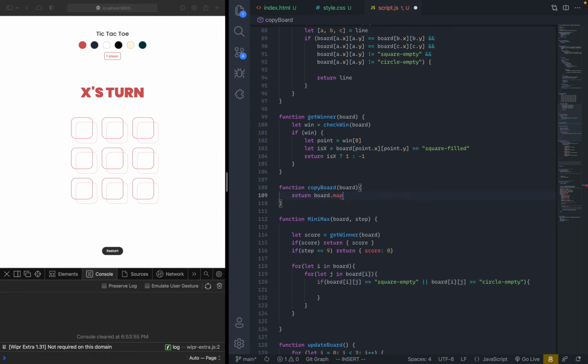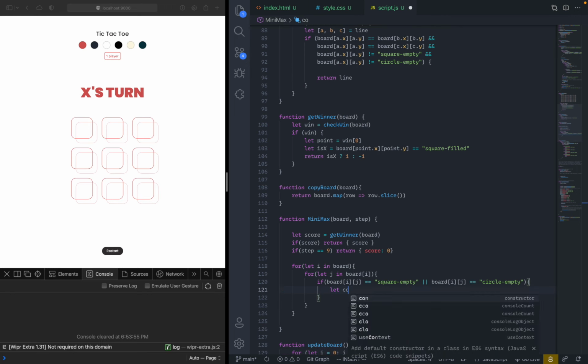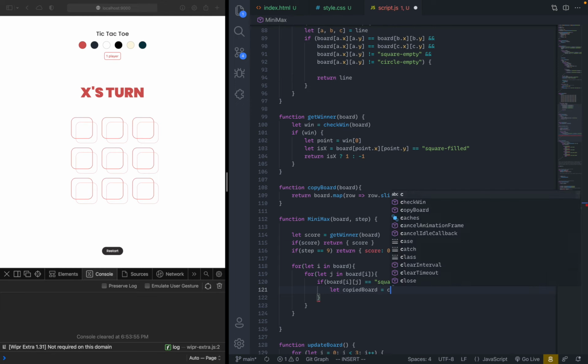board.map, row equals row.slice. So .slice, if you pass in nothing, basically creates a copy. For each of the 3 rows it creates, you slice it like that. So we can just say let copiedBoard equals copyBoard,